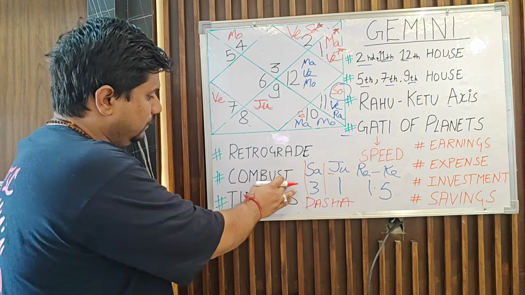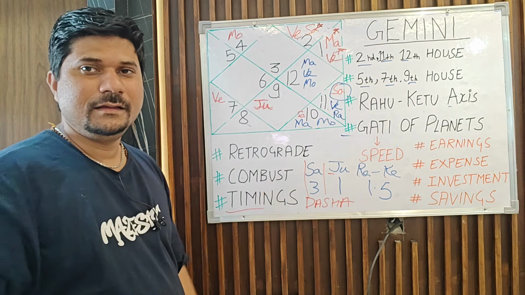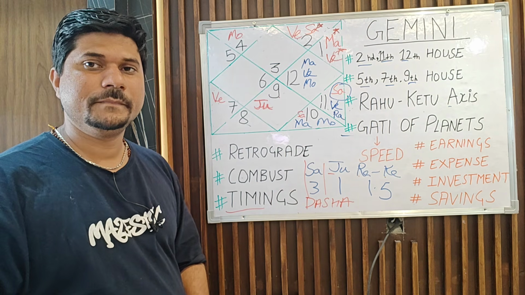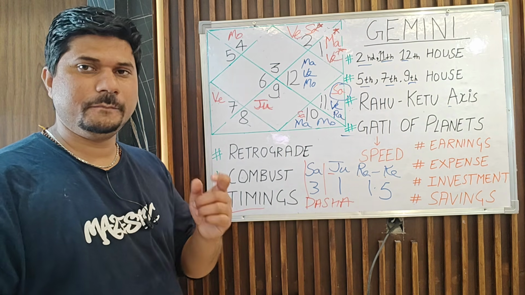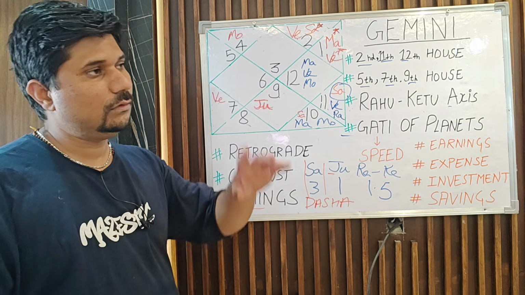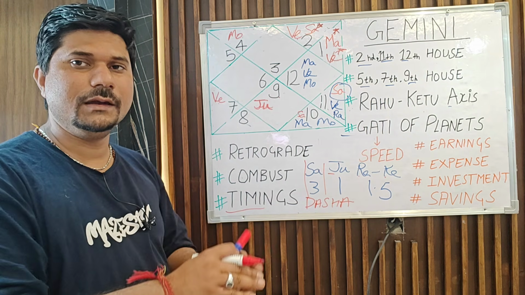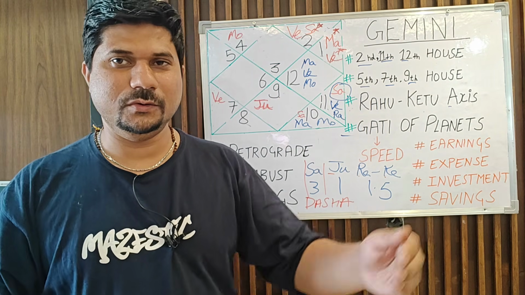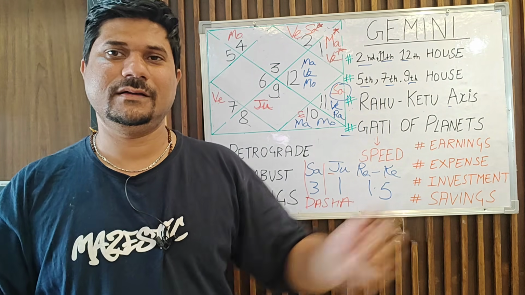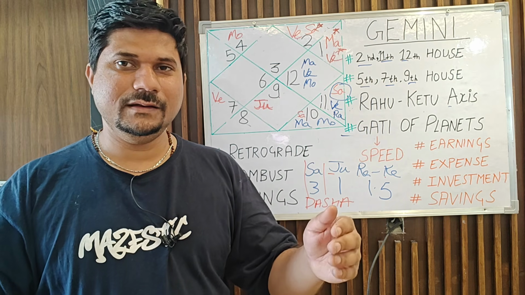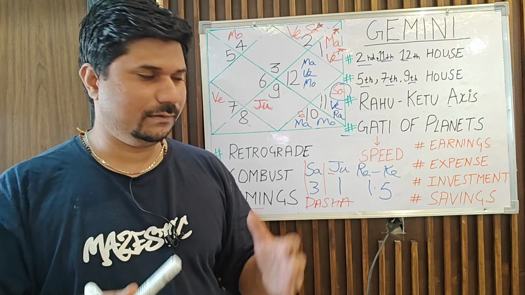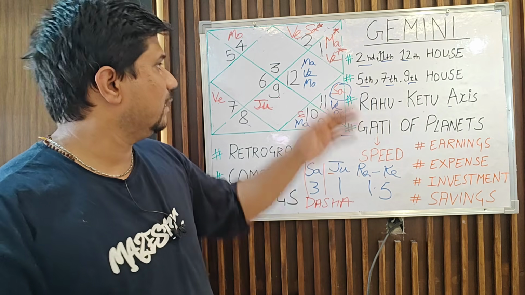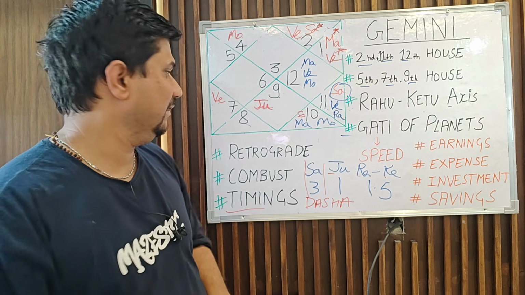Next is the combustion of the planet. The remedy for retrograde planets is obtaining knowledge. And after obtaining knowledge, introspection is very important. You need to look back, reflect over the failures, and then proceed further. It's not that you are jumping from one decision to a new one all the time. It's not going to work. If you have made one decision and failure occurs, sit, relax and do introspection. You're already running fast because of Mercury actually, okay?